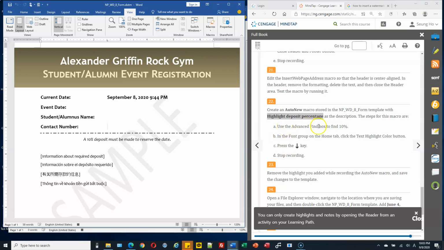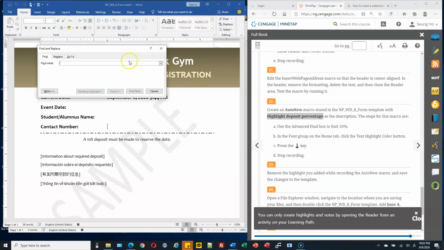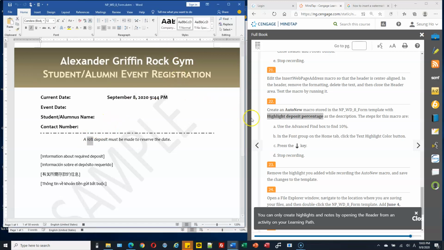Use the Advanced Find tab. Find the Home tab and then Find, Advanced. We will search for 10%. Next. So we found it. Then close this box. In the Font group of the Home tab, click Text Highlight Color.